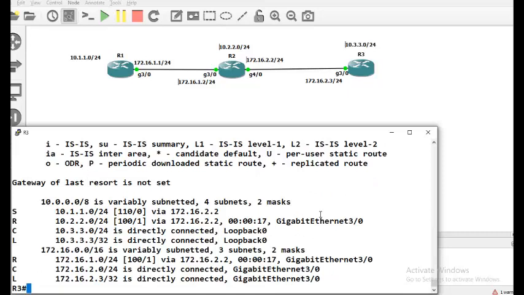RIP sends update every 30 seconds, so you need to wait. Right. Oh, there it is. Yeah. Gone. That is gone. Static route has disappeared because of the administrative distance. Okay, so next thing I want to show here, very important thing, is